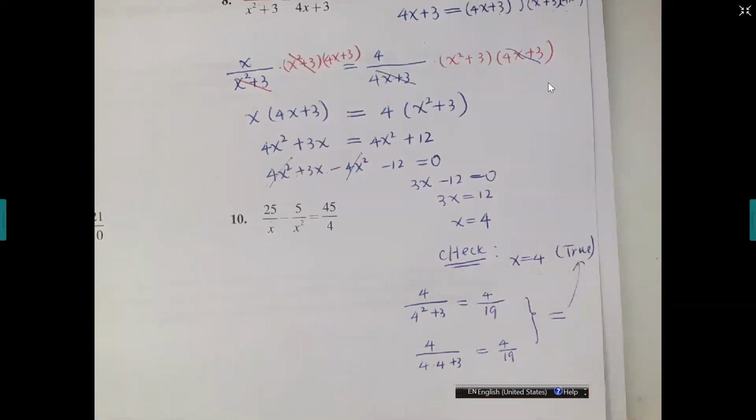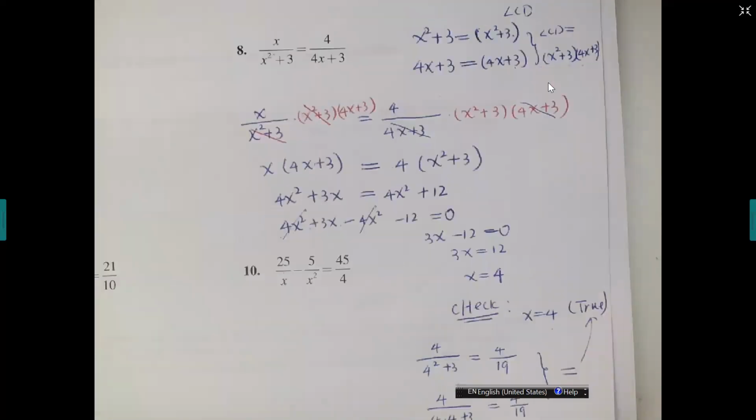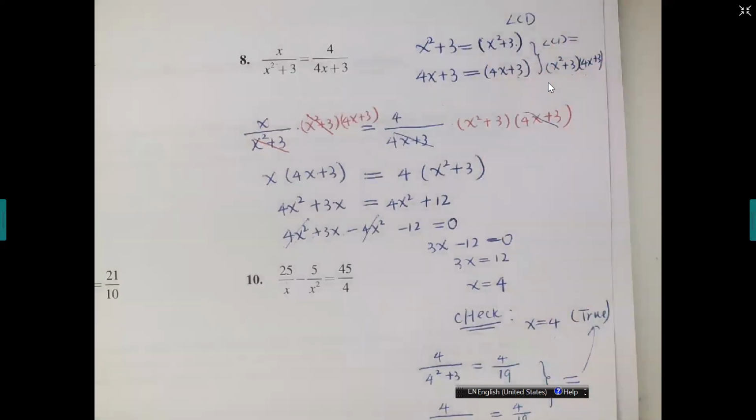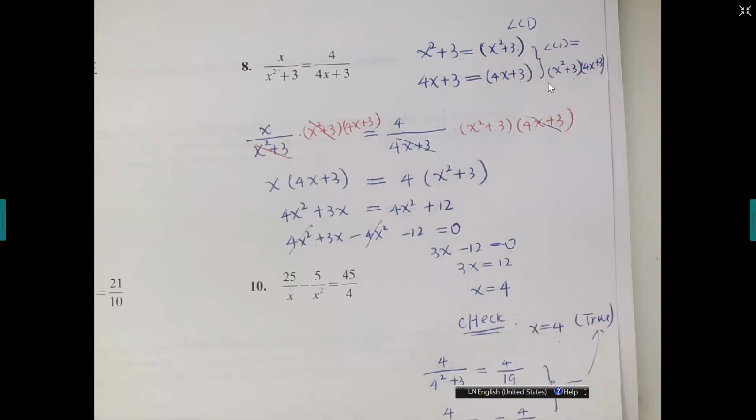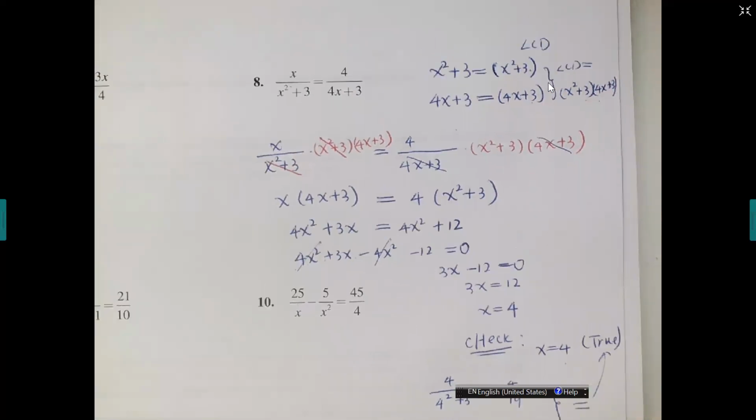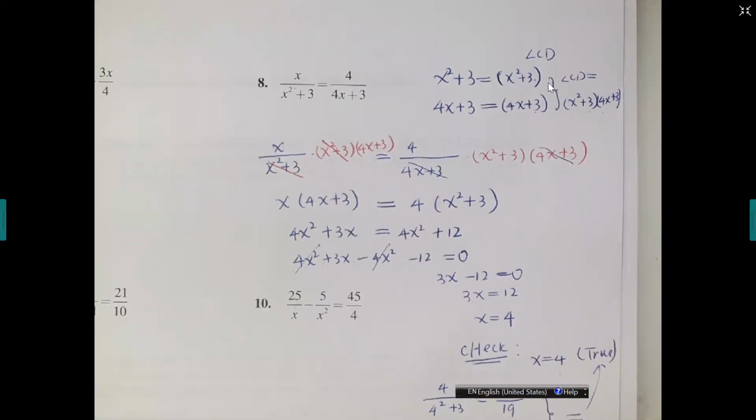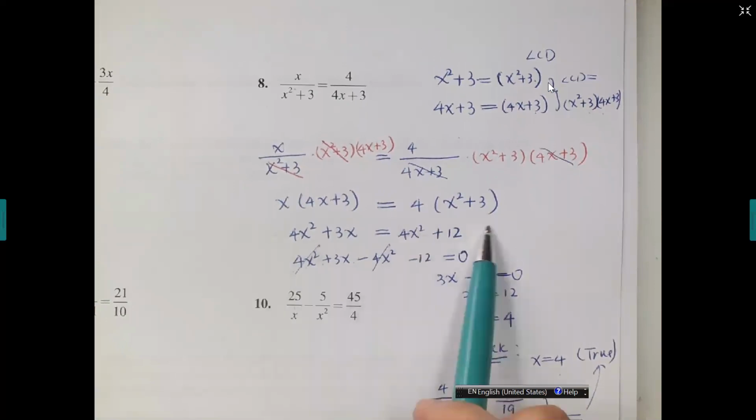So either way, I kind of took a shortcut. I only checked the denominator. Or if you don't like this, you can always check the entire left side and right side. That will always be the right way to do that. All right. When I gave you this example here, I want you to go back and look at what we just